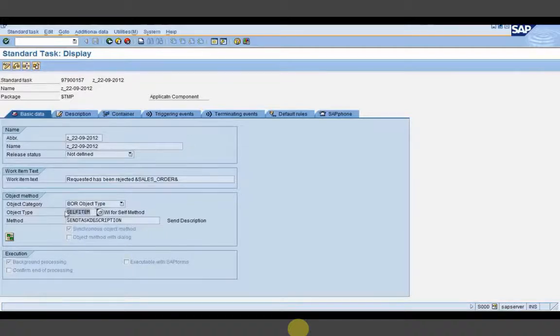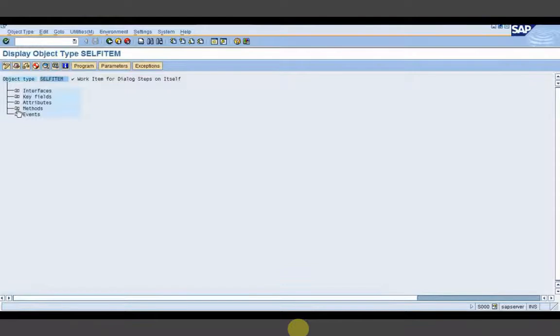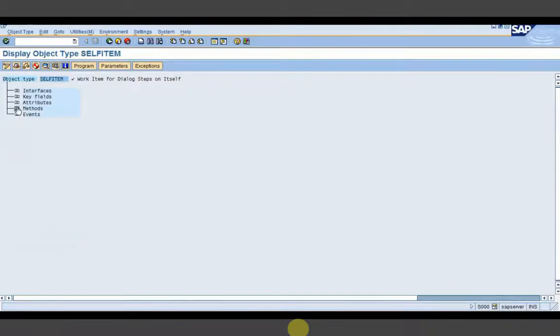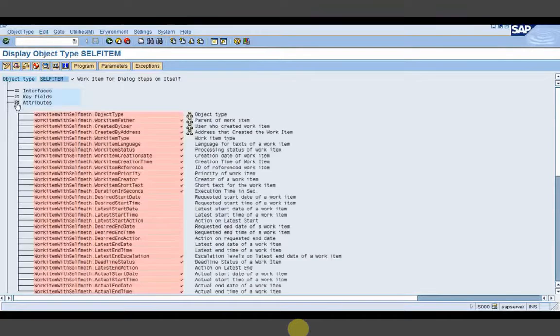In this object type and this method, I was trying to execute this particular method as standalone, but still it was not sent, because some job has been scheduled for this. Even I have asked Kiran to fix it, so he's trying with the basis guys.